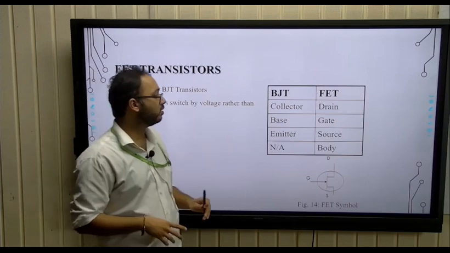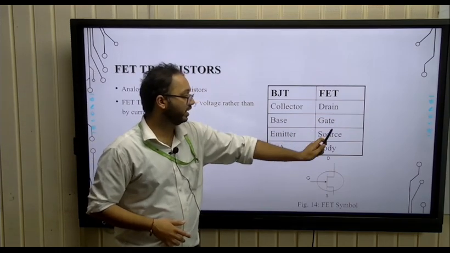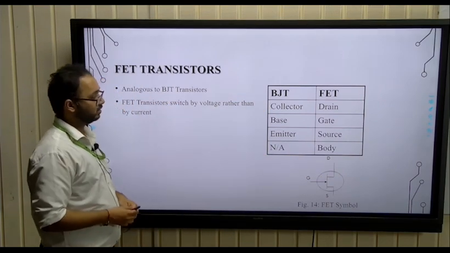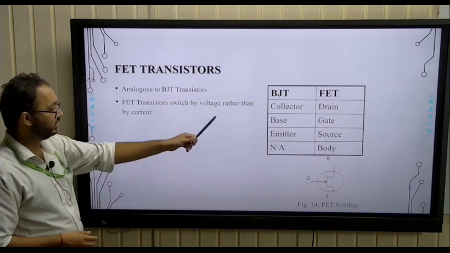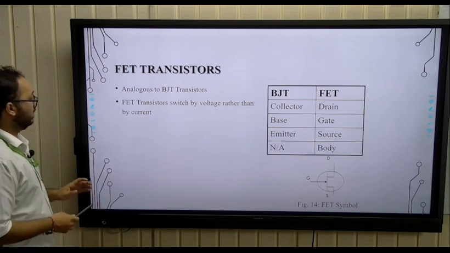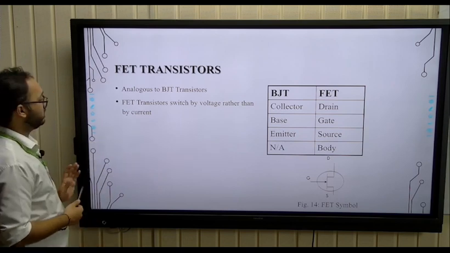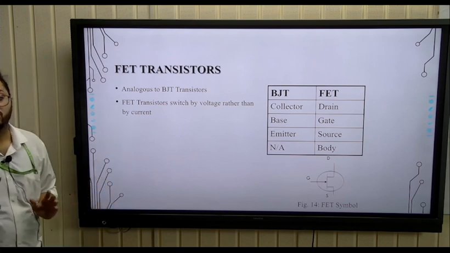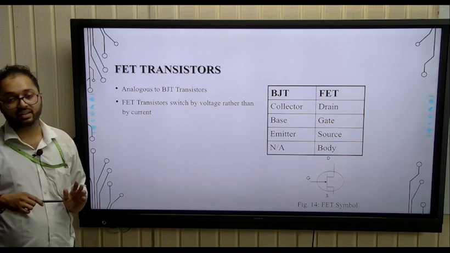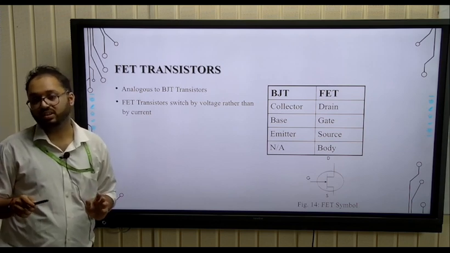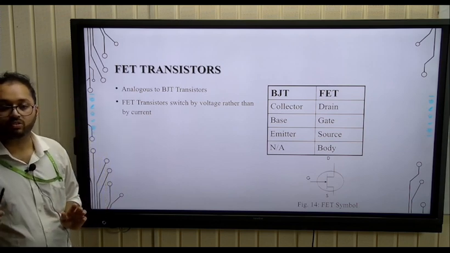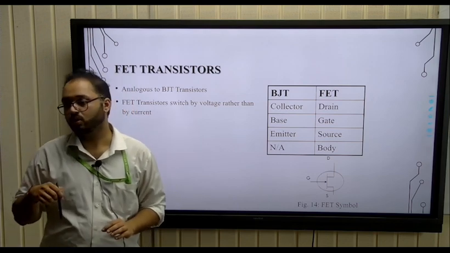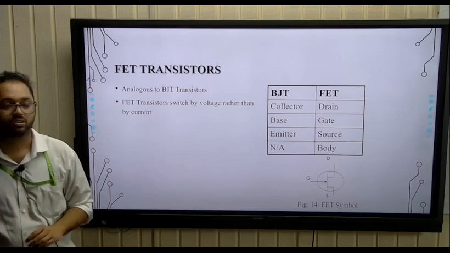But when we talk about an FET, you have drain, you have gate, you have source, and you have a body. Let me tell you in the next few parts where we are going to have these four types, but it is analogous to a BJT, and FET is controlled more by voltage and less by current. Hence, there are fewer losses in the FET because most of the losses are due to I square R. If you are reducing I to 0, you are reducing your losses to 0.